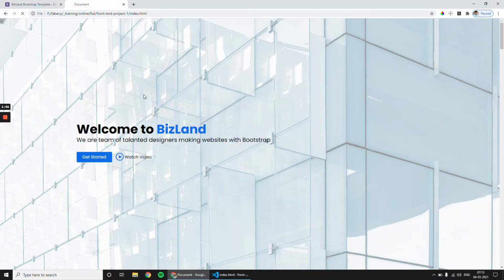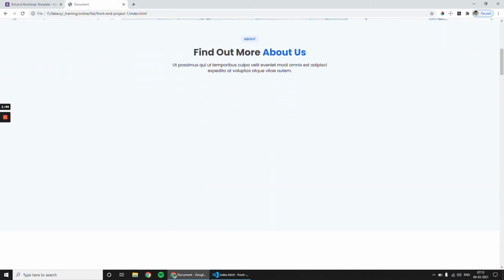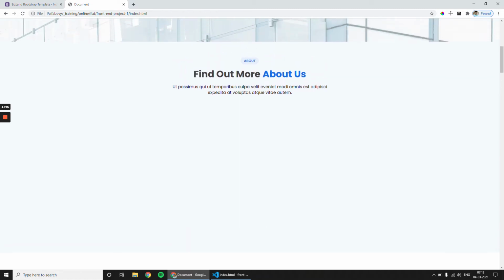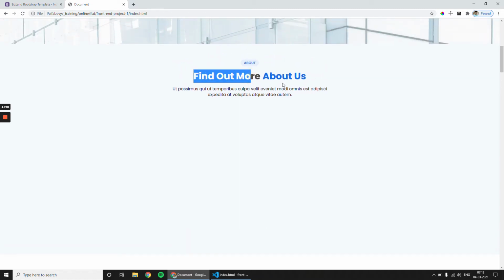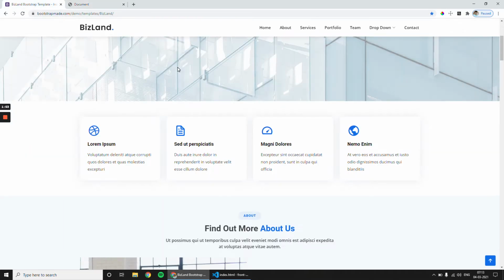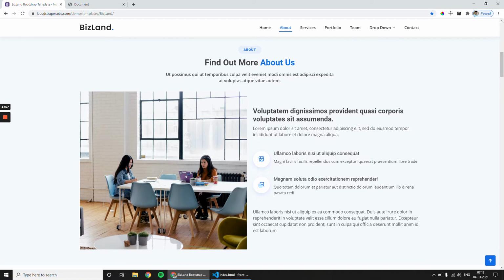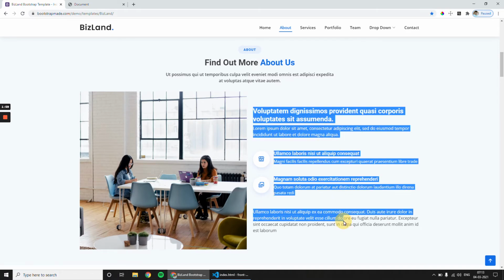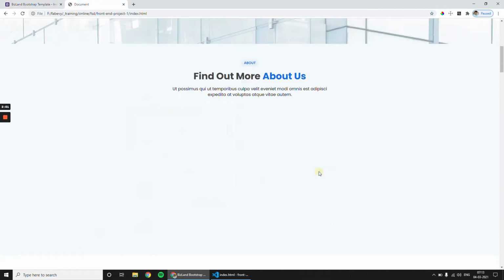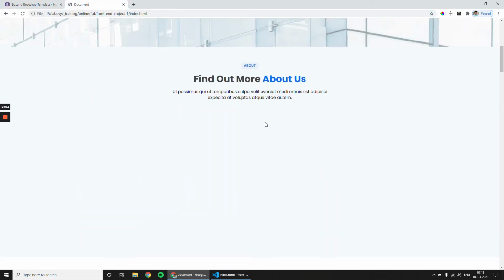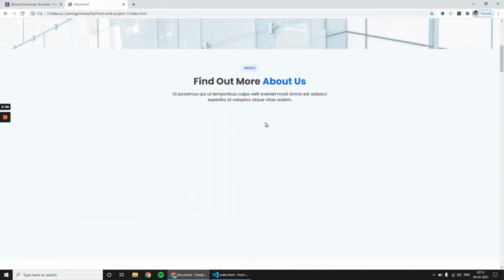Let me refresh the page. For this about section, I have completed up to the title and description section. In our reference site, it has more content. On the left side there is one image, and on the right side there is some content. Okay, let it be.